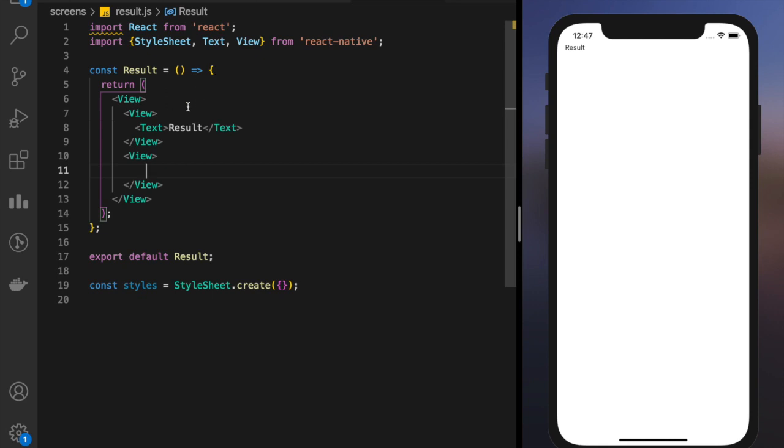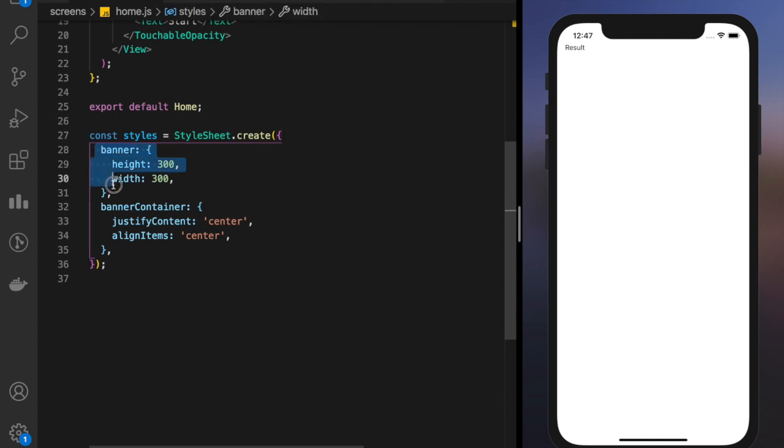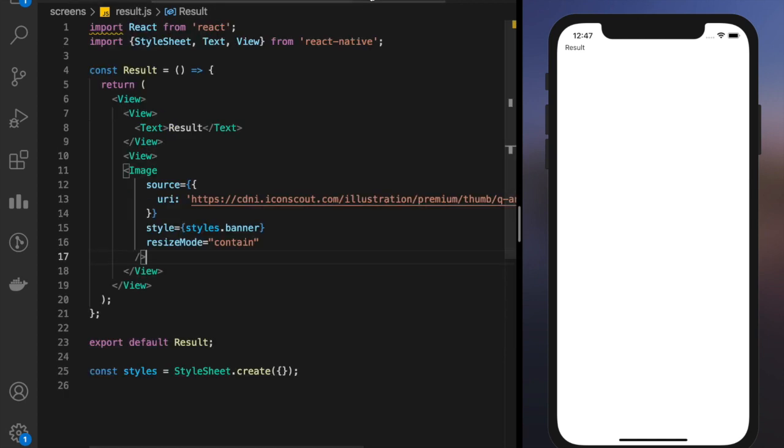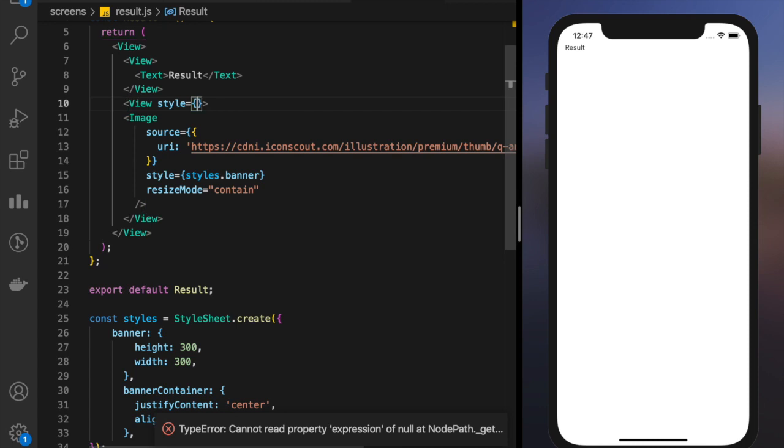Based on the result we can display 2 images, a happy and a sad image. We'll do that later. For now I'll just copy my home image, command C, and I'll copy the banner container styles as well, and I will give this style as banner container.